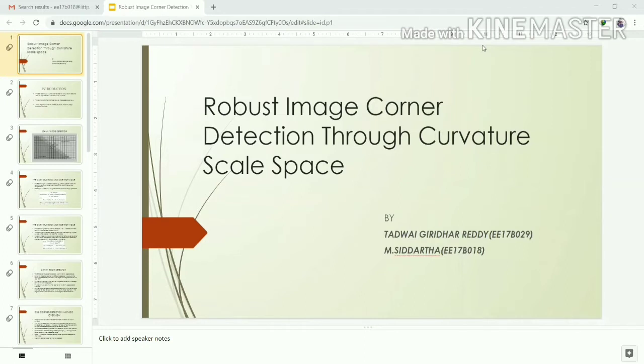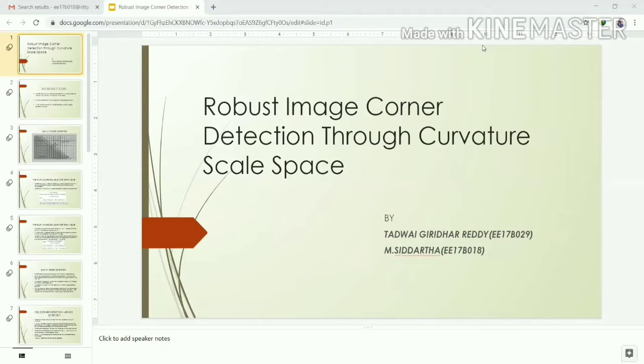Why particularly the CSS technique? This method is very robust to noise and we believe that it performs better than the existing edge corner detectors. An improvement to the Canny edge detector response to 45 and 135 degree edges is also proposed. Furthermore, the CSS detector can provide additional point features, curvature zero crossings of the image edge contours, in addition to the traditional corners. Now we'll move on to the introduction.